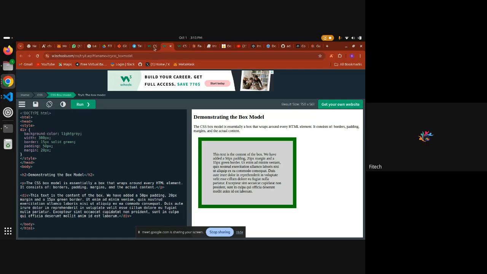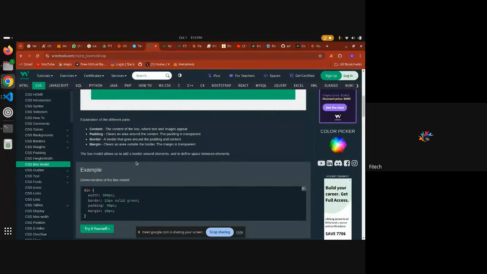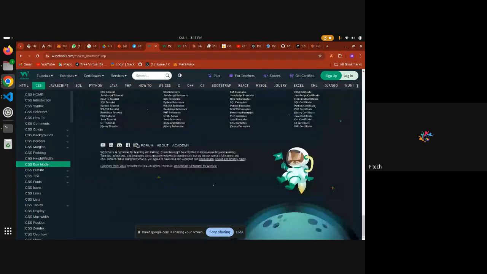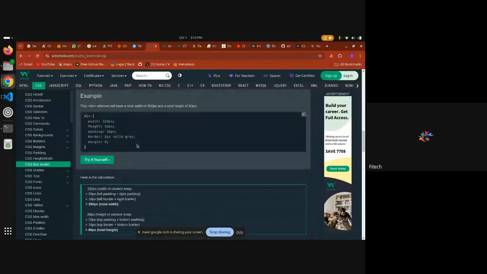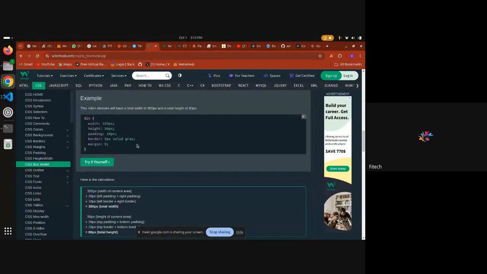So going back, you can read the documentation for more on the box model later. So now, the calculation for the box model. To calculate the total of the content area,